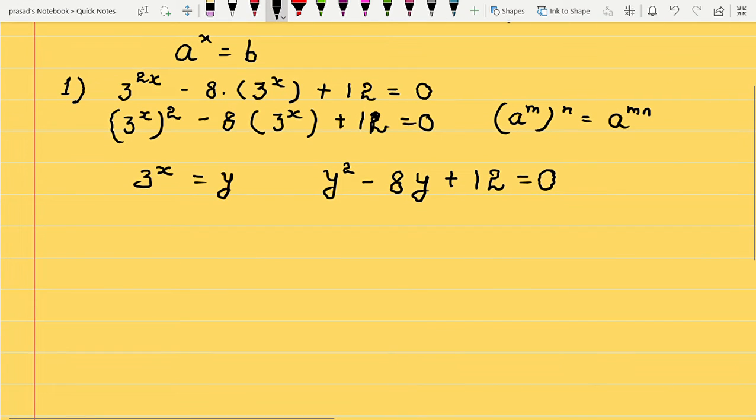Now here y square coefficient is 1. So I will factorize the constant. The sign of the constant is plus. So factorize 12 such that the sum is equal to 8. So the two factors are 6 and 2. And since I want negative 8, it will be negative 6, negative 2. And hence the two factors here will be y minus 6, y minus 2